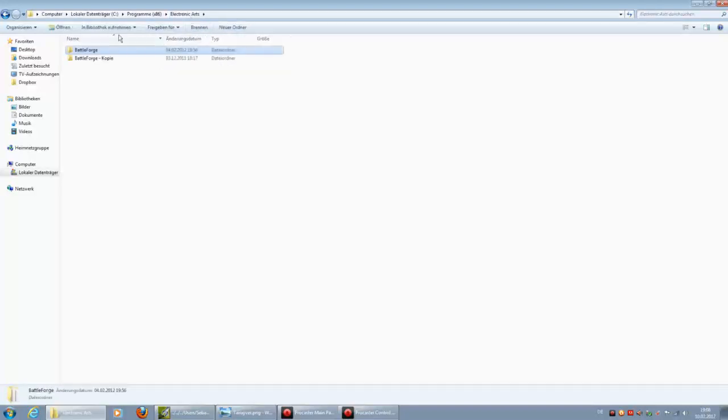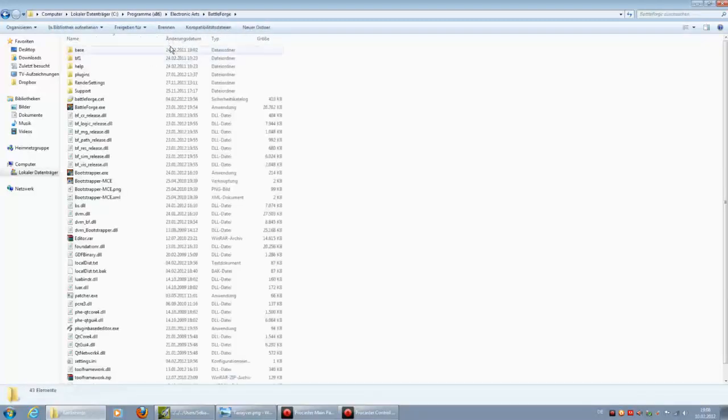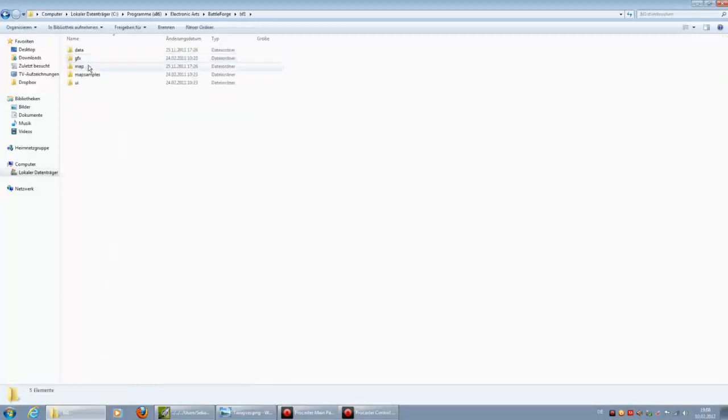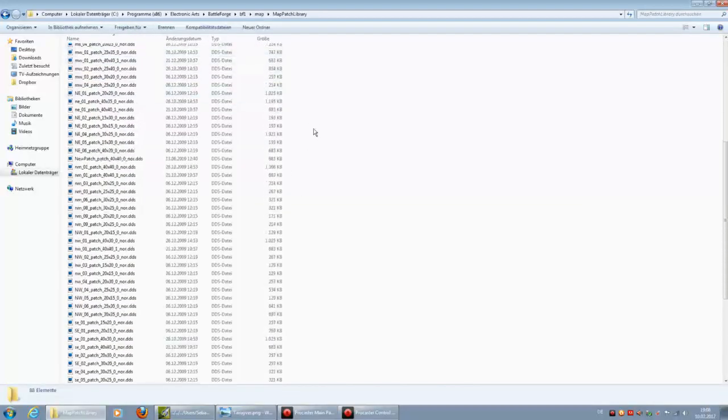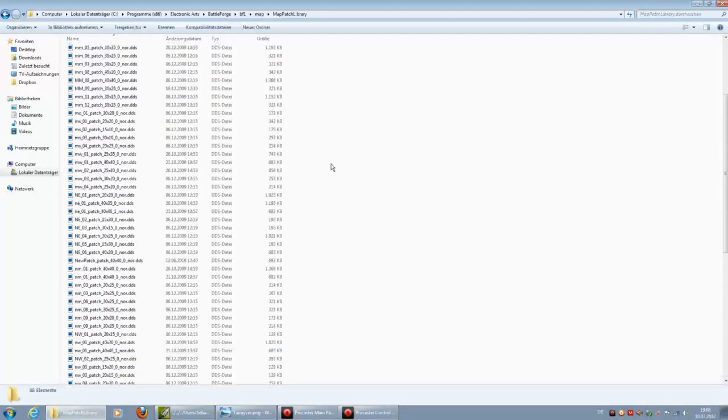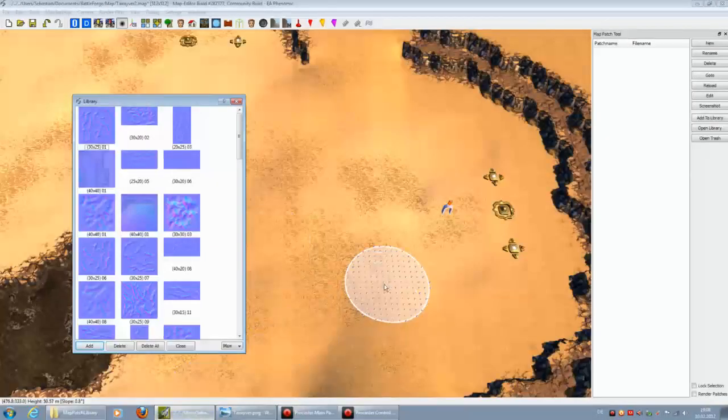So you have to go to your BattleForge folder and into BF1 map, and there you have the map patch library, and there every patch which is there will be displayed in the editor in the map